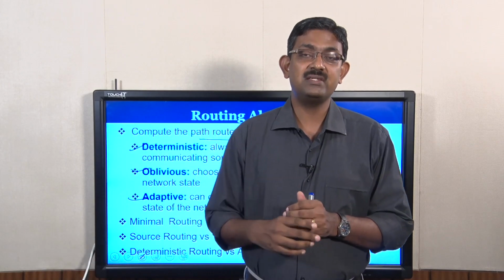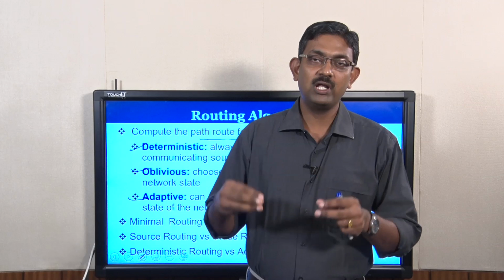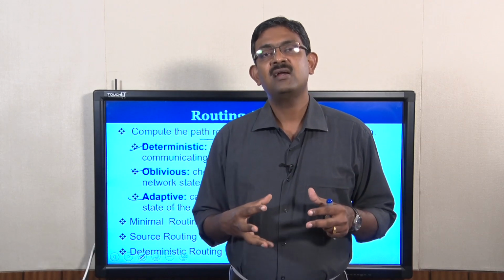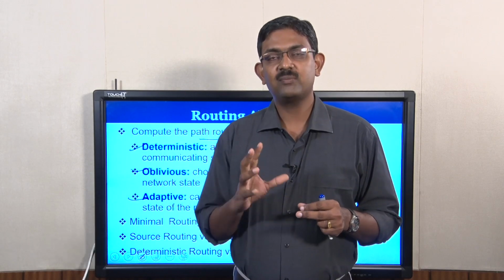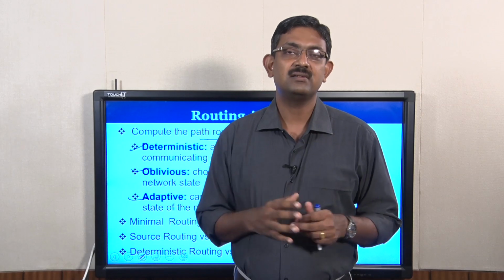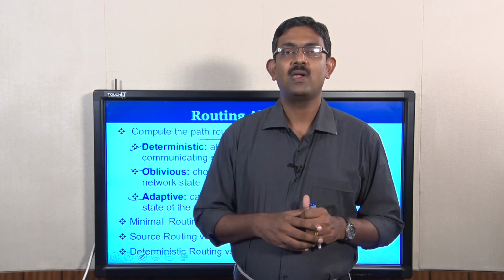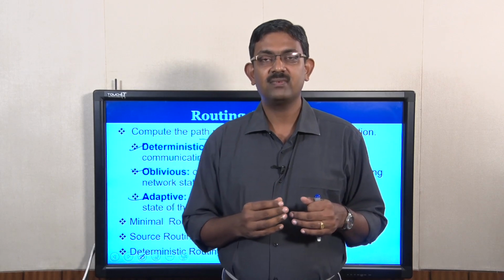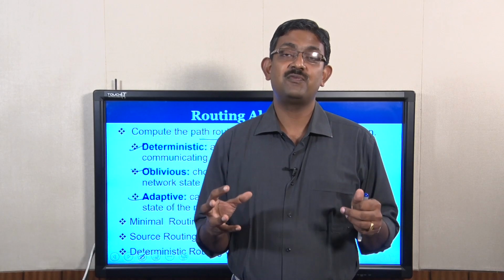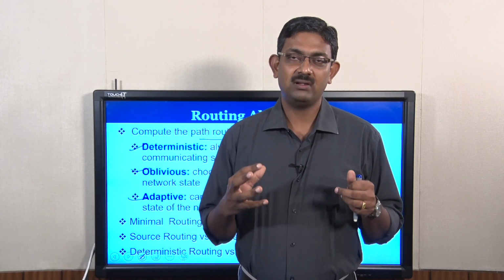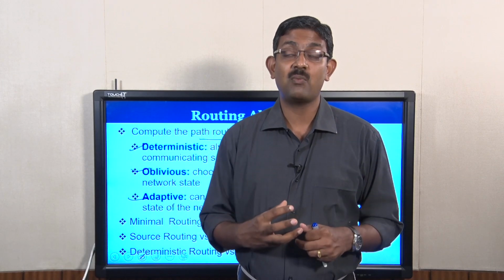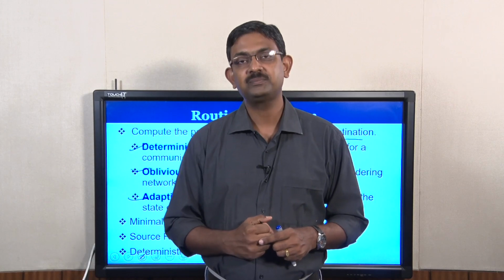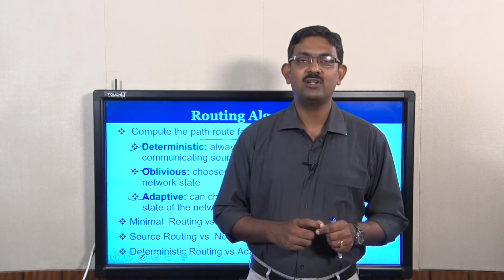Now at each intermediate junction, the control logic only looks into what is there in the header, and based upon that takes up the appropriate junction, like east, west, north and south. So this is not a scalable approach. When you go to large networks, the route information itself is very big, and that will require a substantial amount of your header space. The second aspect is called node routing.